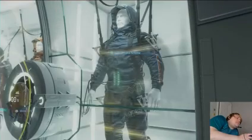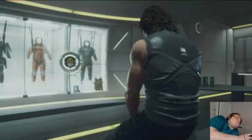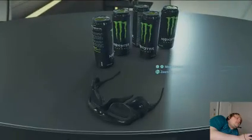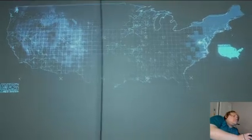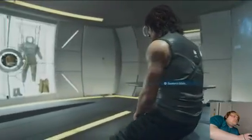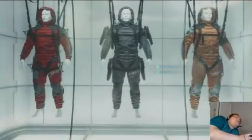Yeah, you unlock colors as you play the game, so you really can't customize too much right now. And then obviously you can drink energy drinks, but they want us to examine everything. We don't really need that. We'll try to be realistic and be a healthy human being, but do we examine everything? Oh, we didn't examine that. We have no weapons, so...